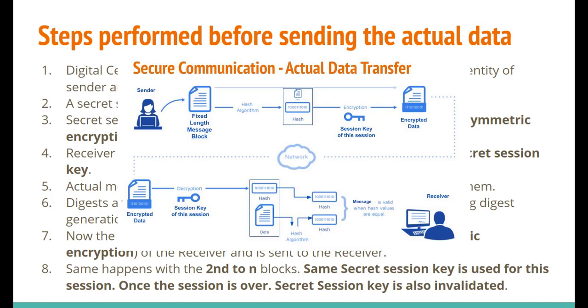That means suppose a big message is there and the message has been divided into fixed length blocks and it is having n blocks. The same steps are performed over all the message blocks, and then they are encrypted using the secret session key of that particular session, and then transferred from the client to the server, that means from the sender to the receiver, right?